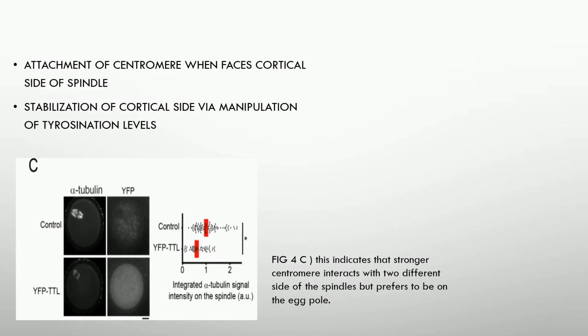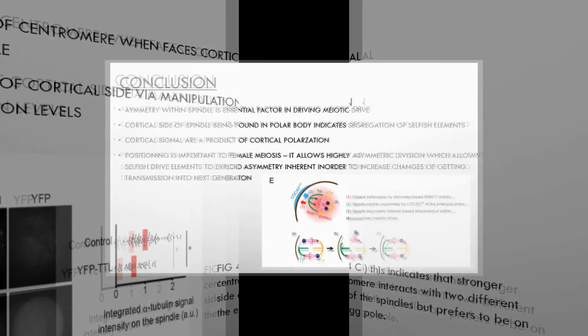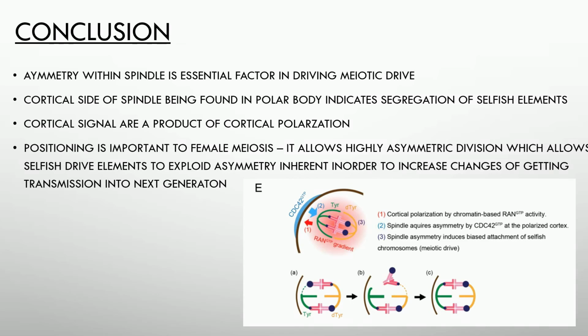In conclusion, it was found that asymmetry within the spindle is an essential factor in driving the meiotic drive, and the first mechanistic insight into how the signal from the cell cortex regulates the microtubules to induce the spindle asymmetry, and discovers how the selfish centromeres are able to interact with the asymmetric spindles, as shown in figure 4e here. This is due to the cortical side of the spindle being found in the polar body. This explains the spindle asymmetry being consistently oriented to the cell fate, which provides spatial cues that guide the segregation